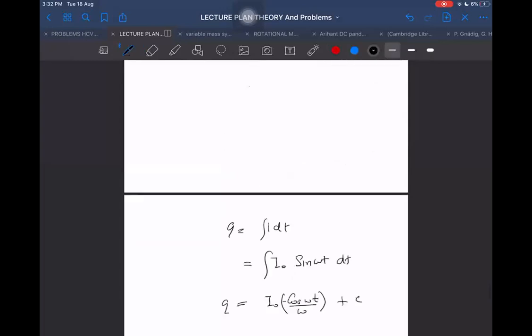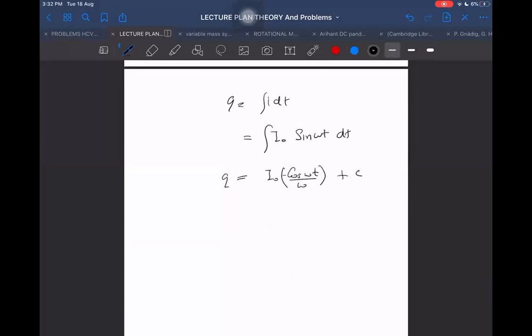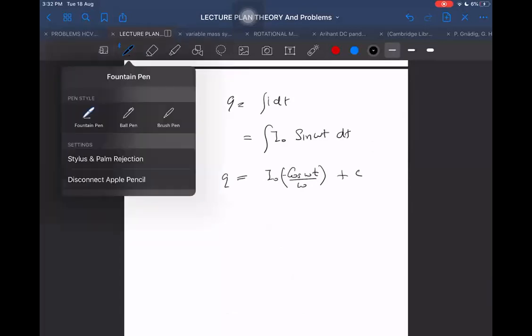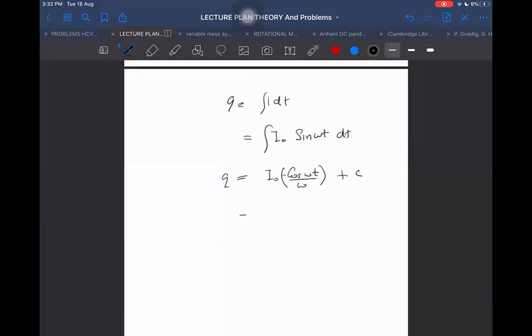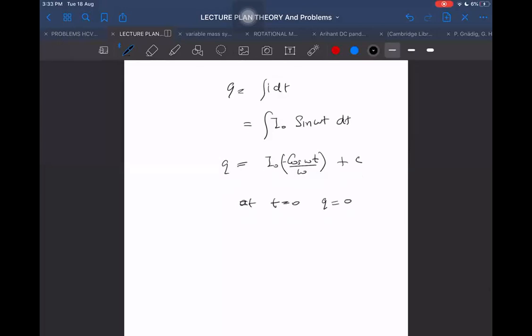Although I'm thinking I will get only q sine omega t, okay fine. You do this way, and then after that the answer I think will be the same. Let me check once. What is the constant? I don't know the constant here. At t equal to 0, q is 0 because charge had not flowed at that time. It was just starting to flow. So q will be 0. So what do I get then?